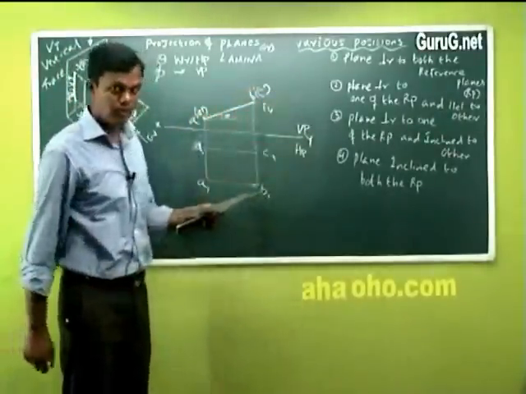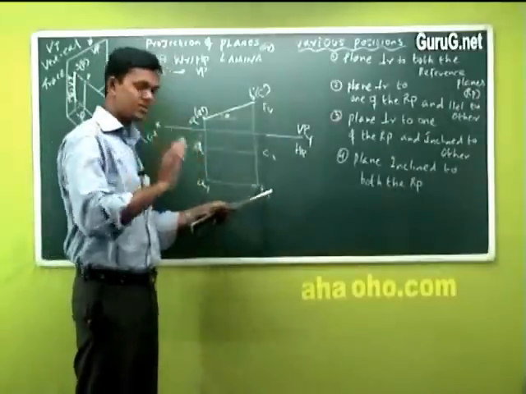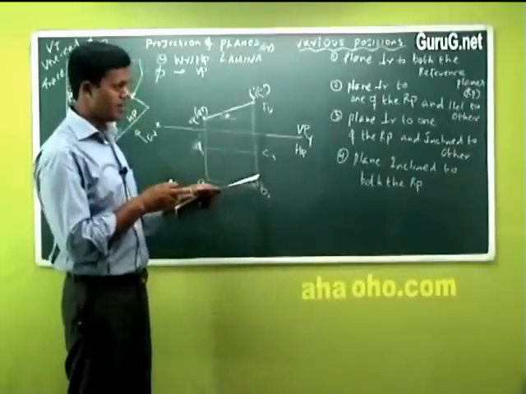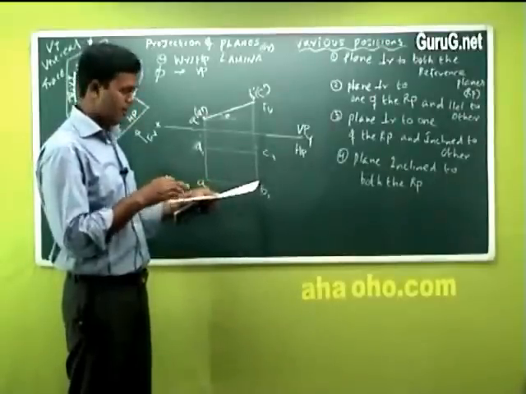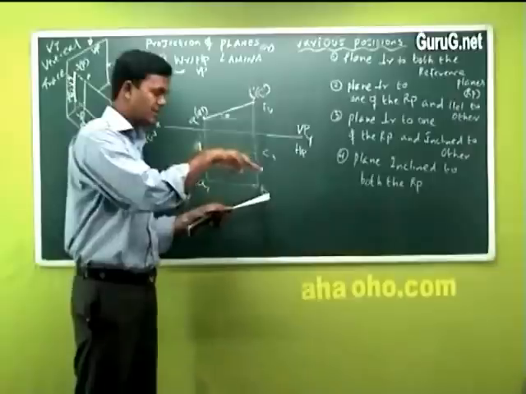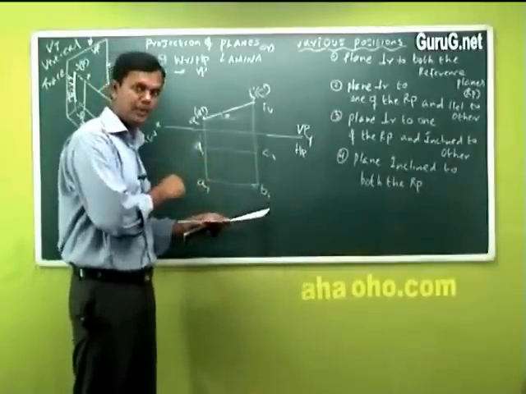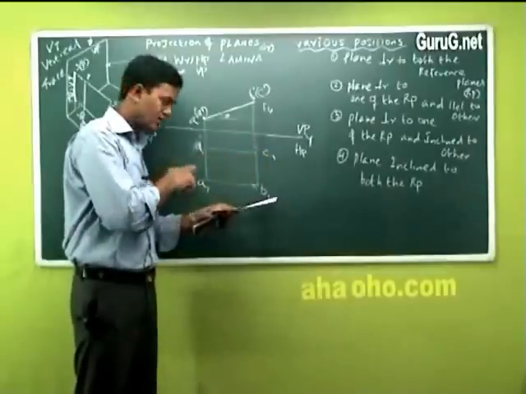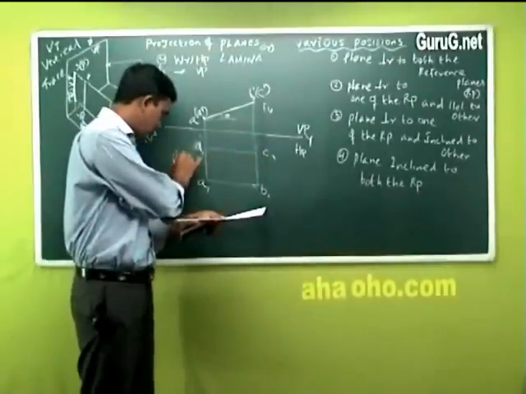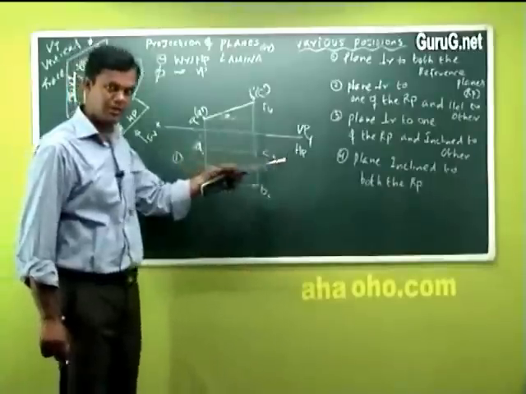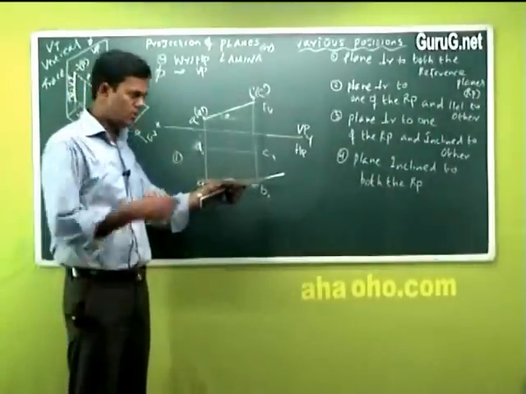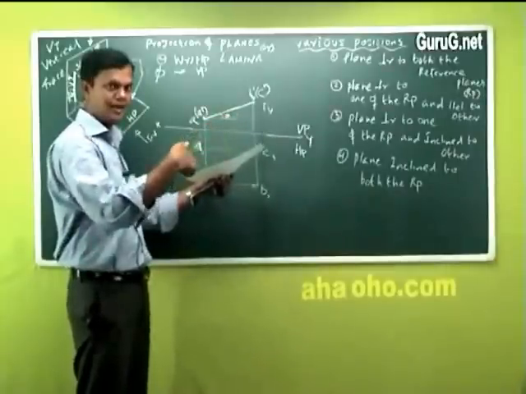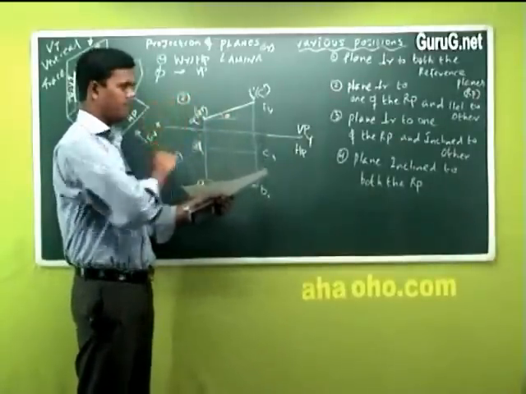What is the final view? Suppose my first view, always whatever we are making parallel or perpendicular, the original sketch, the real sketch where we are looking, first we have to draw this. That means in the top view we are looking at the full size. Is it not? So the first drawing you should make in the top view. I am talking about this particular option. Okay? Because you see the full sketch of the body. But in the front view you are looking only at a simple line. So this should be your second view.